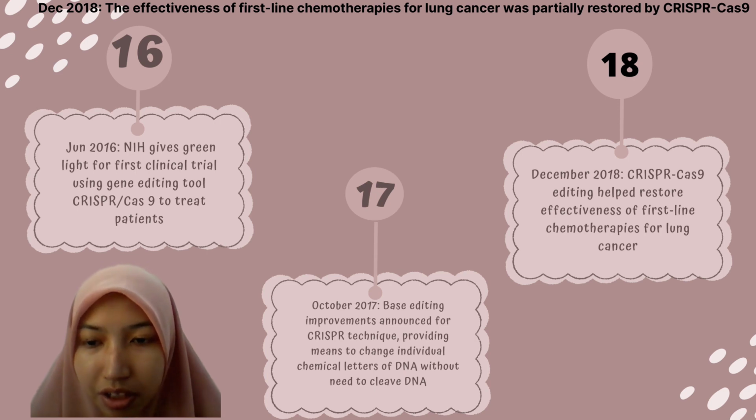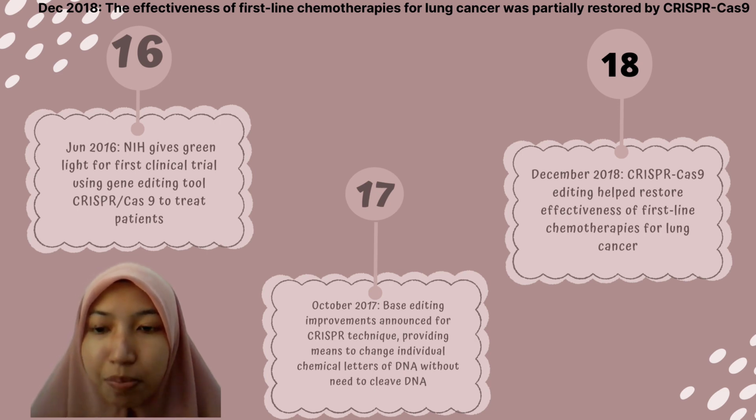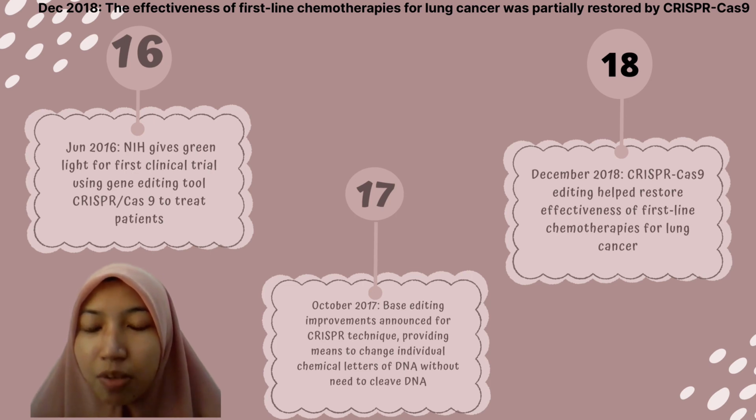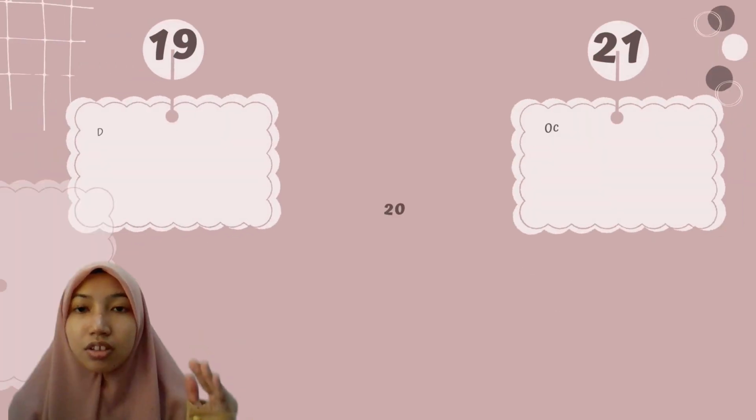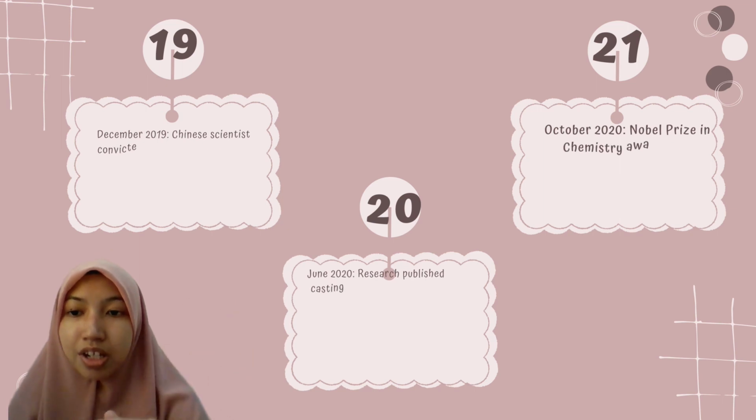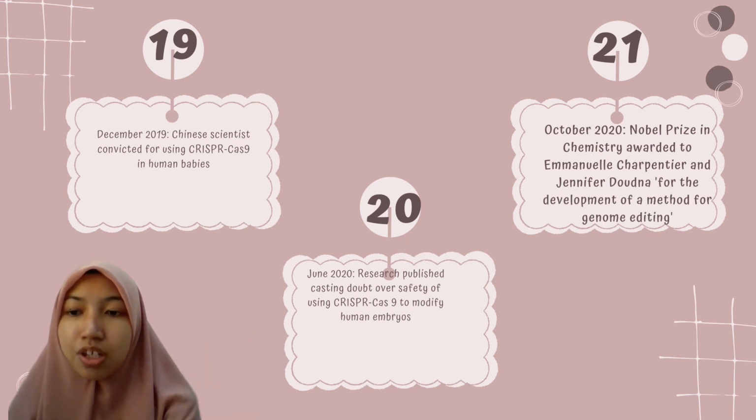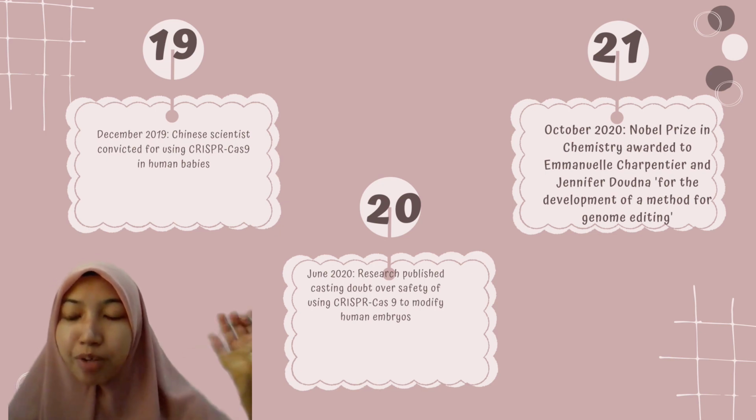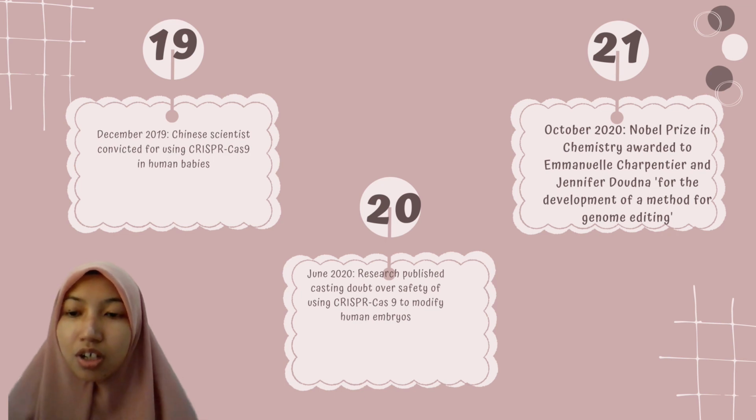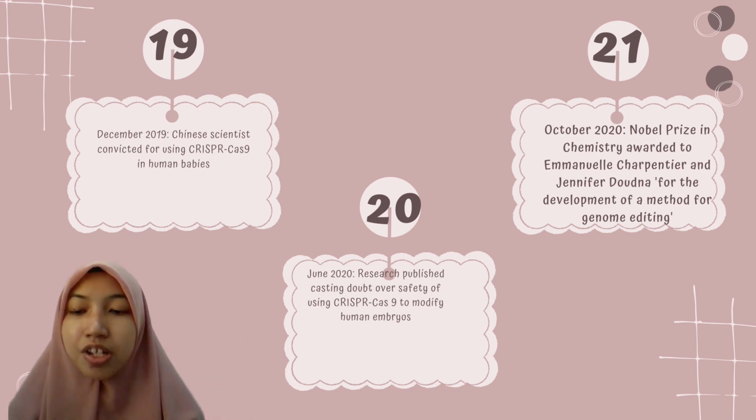In December 2018, the effectiveness of first-line chemotherapies for lung cancer was partially restored by CRISPR-Cas9. In December 2019, Chinese scientists were found guilty of altering human embryos using CRISPR-Cas9. In June 2020, published research raised concerns about the safety of modifying human embryos with CRISPR-Cas9. In October 2022, Emmanuelle Charpentier and Jennifer Doudna were given the Nobel Prize in Chemistry for the development of a method